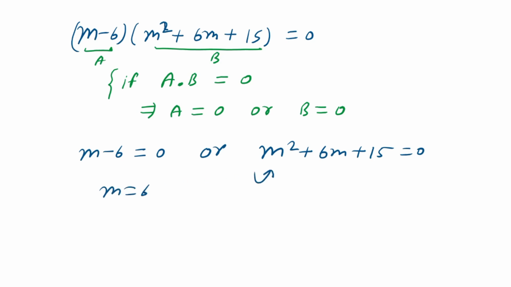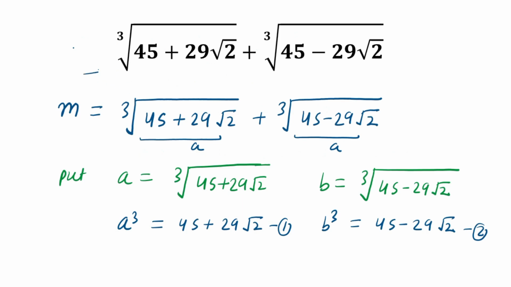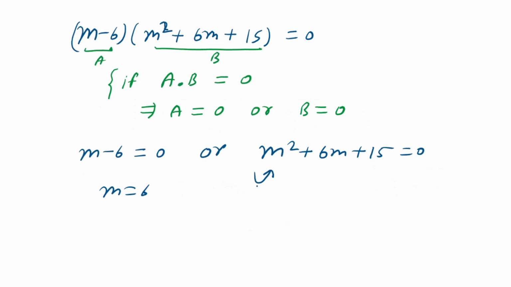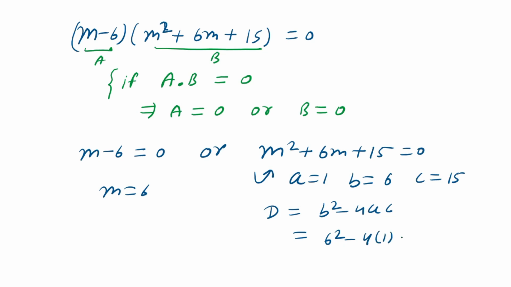And here we have a quadratic equation, and look carefully at this given expression. This number is a real number. So first we will check the discriminant of this quadratic equation. Value of a is 1, value of b is 6 and value of c is 15, and the discriminant is b square minus 4ac. Value of b is 6 square minus 4, value of a is 1 and value of c is 15. Then 6 square is 36 minus 4 times 15 is 60. 36 minus 60 is minus 24. Discriminant of this quadratic equation is negative. It means no real roots.